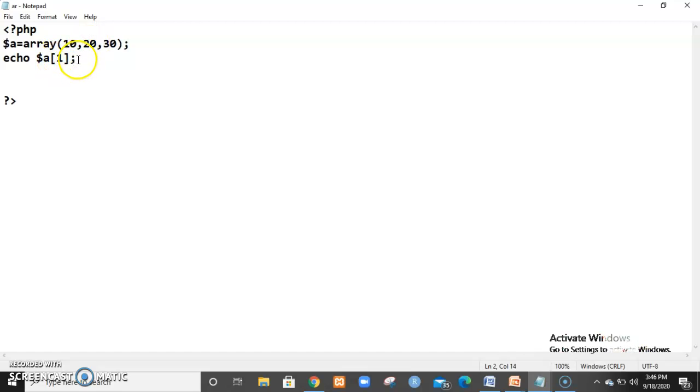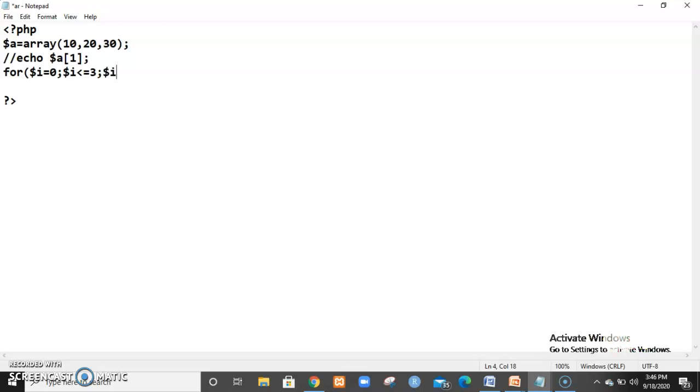So let me print all the elements. For this, I'll just keep it in a comment line. Now here I'll use a for loop. For initialization, $i equals 0, $i less than or equal to, so how many are there? Only 3 are there.